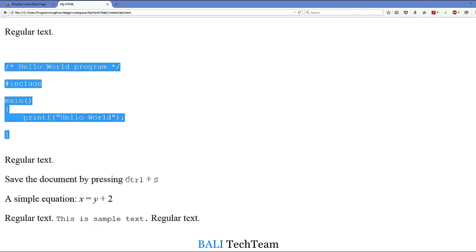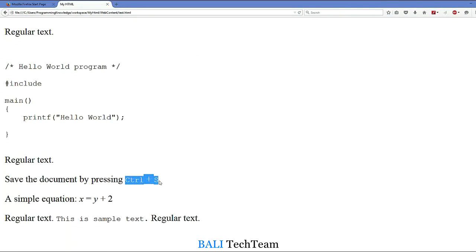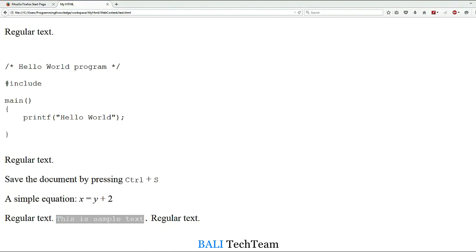Okay, now the next was this KBD element, and it will look like a computer input like this. The next was the variable element, and these variables will look like this. And the last was the SAMP element or sample element, and the output of this will look like a computer output. Okay, so in this way you can use quotation elements and computer code elements in